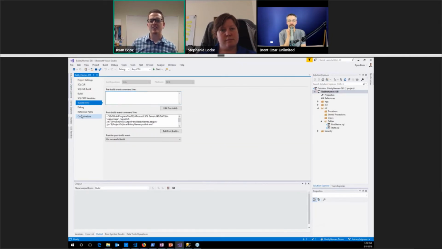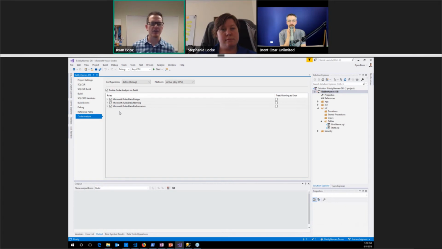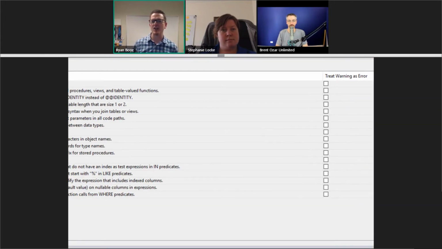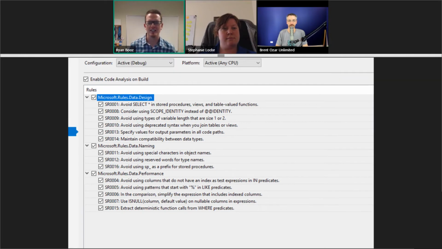And then last, there is this code analysis side of things, and you can turn this on. A lot of people will tell you to do so, so that every time you build a project, it will check these things. It will either throw them as warnings, or you can throw them as errors and stop the build. You can see what they are. It's up to you. Is this a matter to you or not? Have fun with it, play with it, see if you can get it to break.